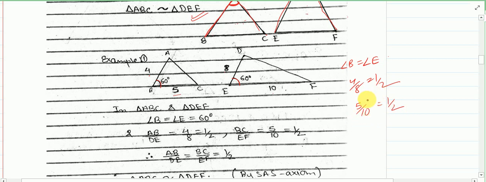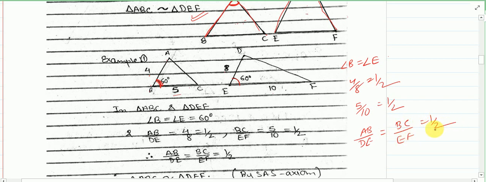So what do we observe? That the corresponding sides which include this angle are proportional. So AB upon DE is equal to BC upon EF, equal